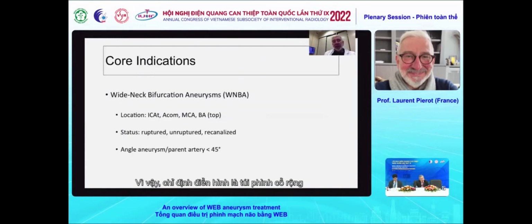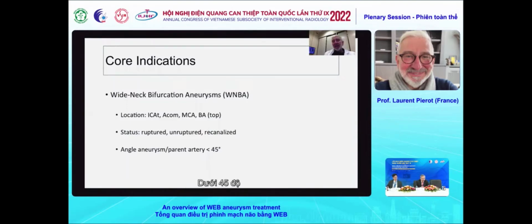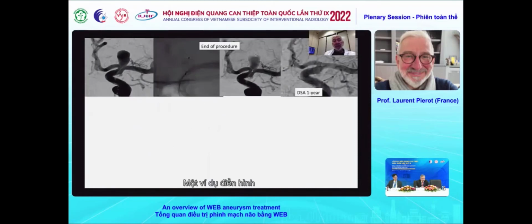Indication. So typical indications are wide neck bifurcation aneurysms: ICA terminus, ACOM, MCA, basilar artery at the top. Regarding the status, you can treat ruptured and recanalized aneurysms. At the beginning, the recommendation was to treat aneurysms with an angle between the aneurysm and the parent artery less than 45 degrees. So typical example, ICA terminus, placement of a single layer web, end of the procedure,